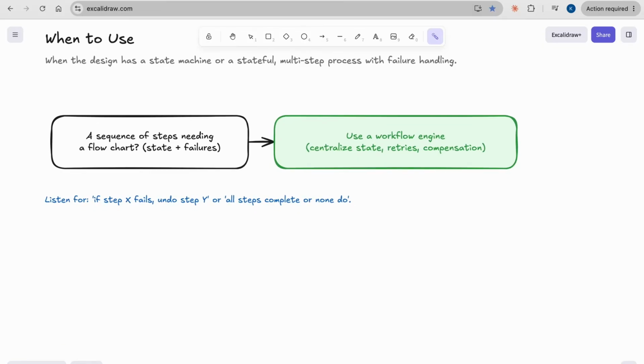So that's the point to look for. And now let's see a few scenarios, like deep dives.